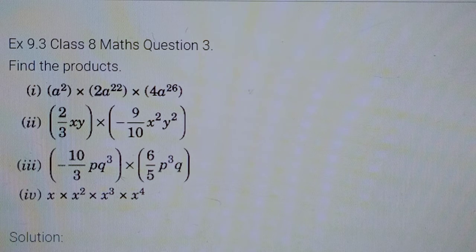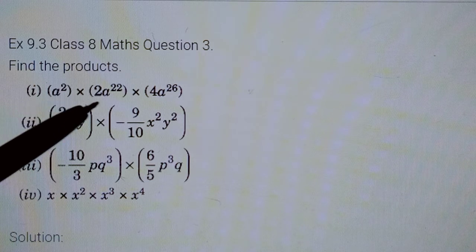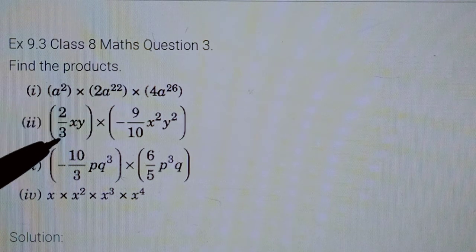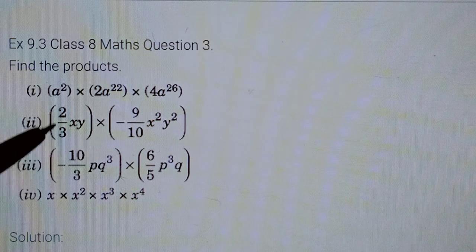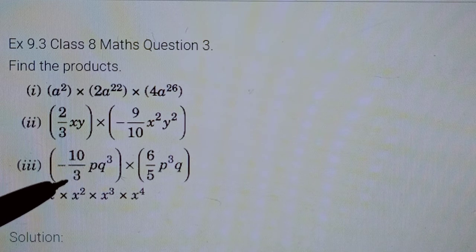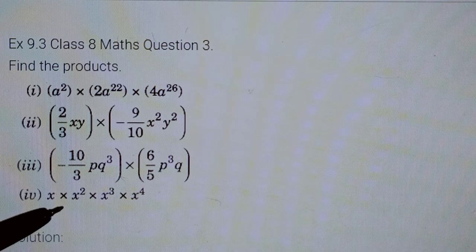Now in the third question, see children, you just have to know, you don't have just two but more than two also at times, like three terms being multiplied here, three monomials being multiplied here, some more complicated, maybe the coefficients are fractions, but it's all about concentration. And if your idea is clear, you know what has to be done. The same idea has to be carried forward for these questions as well. Okay, so we can easily do these as well.